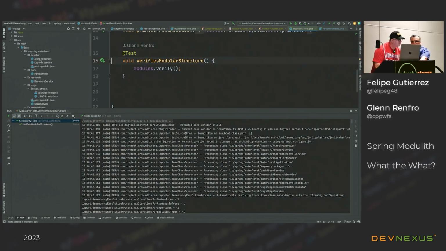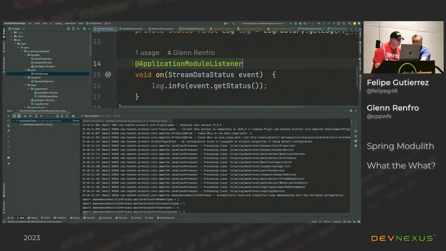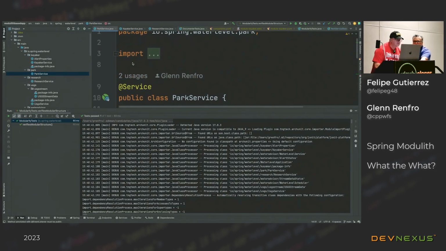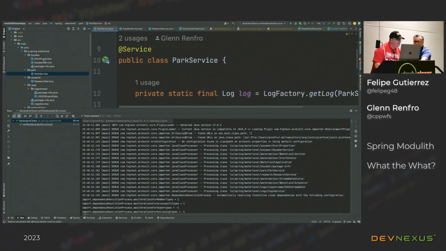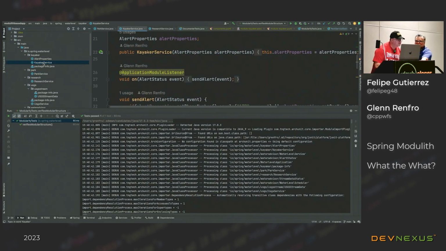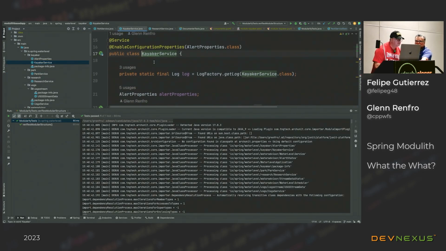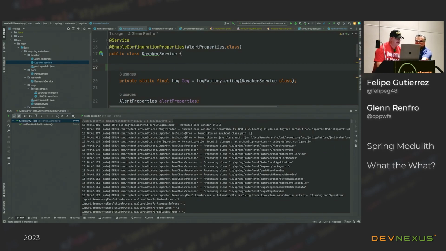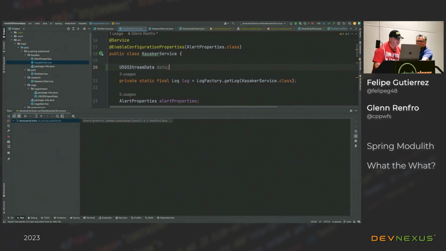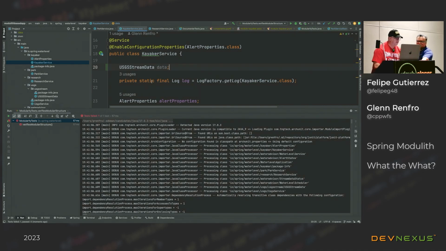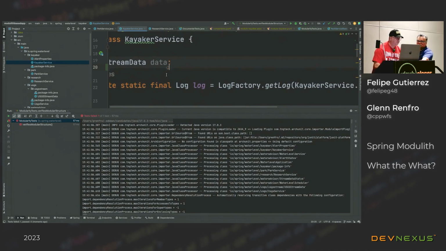Let's go to part service. Okay, so I'll put it in Kayaker service. I wrote perfect code. That's exactly what happened. USGS stream data. That should be illegal. Yeah, there we go. I put it in the right package, actually. You're right. I wrote perfect code.